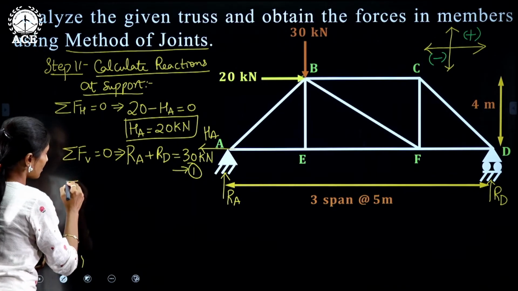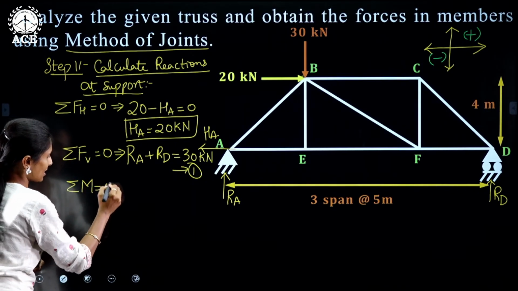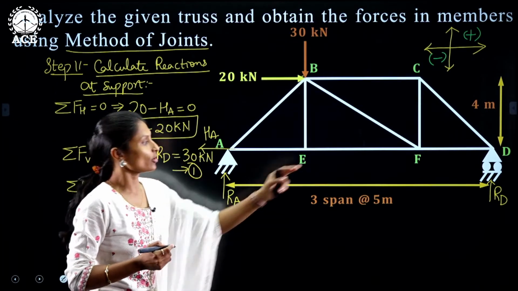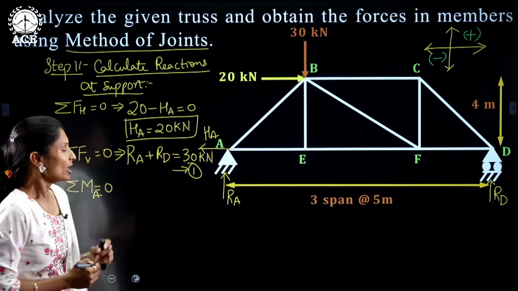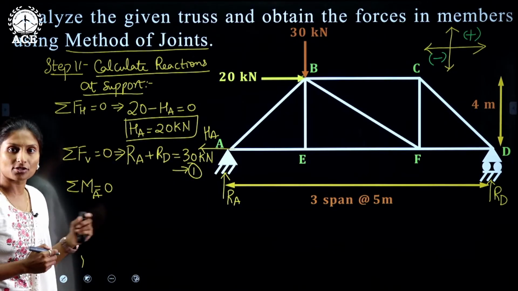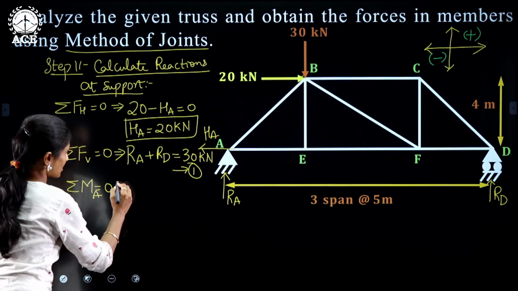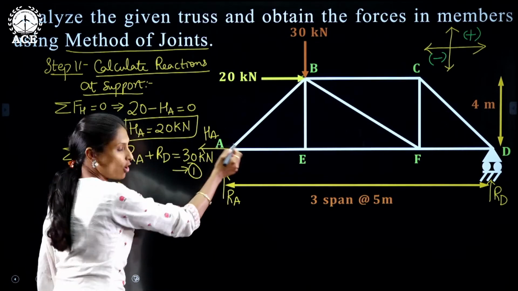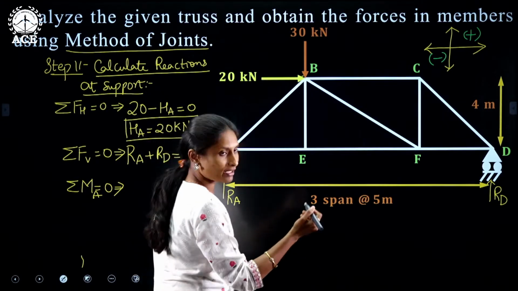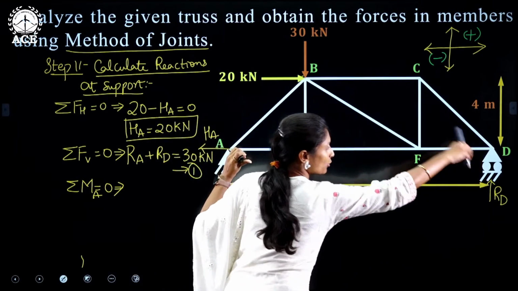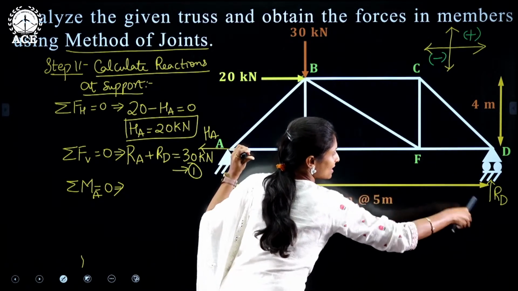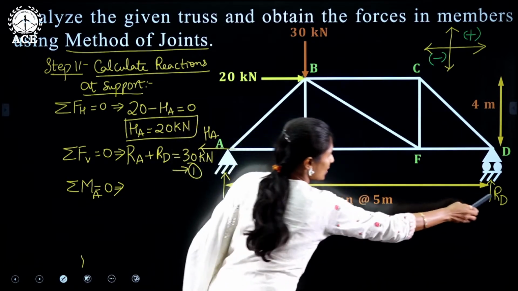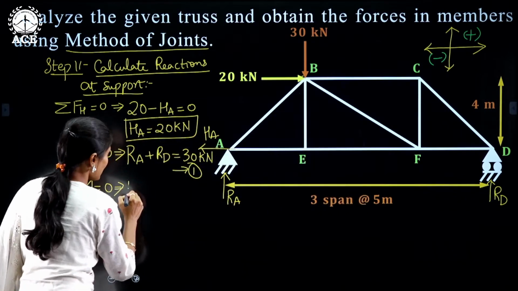So consider the third equilibrium equation available, that is sigma M equals to 0. We can either take moment at A equals to 0 or moment at D equals to 0. Now I am considering sigma MA equals to 0. So if I consider this, at A we cannot have moment due to RA or HA, right? So at A, what are the moments we are getting? We are getting moment due to RD. Due to RD, it is an anti-clockwise moment, and the moment is equals to RD into the distance, that is